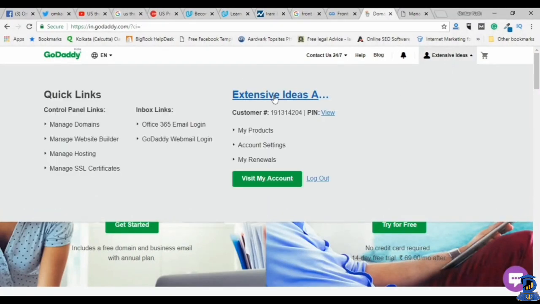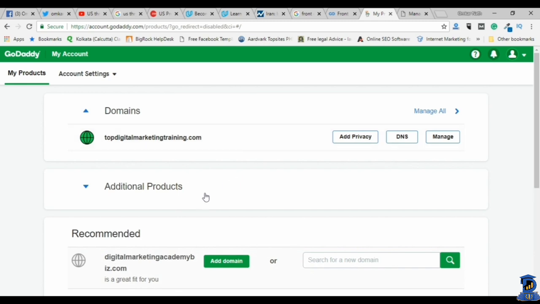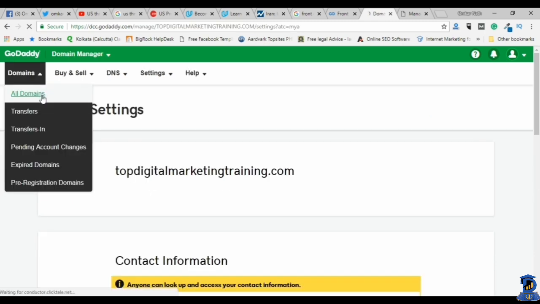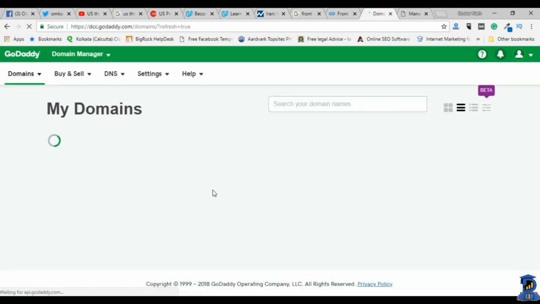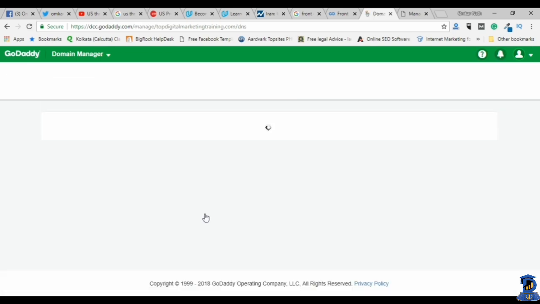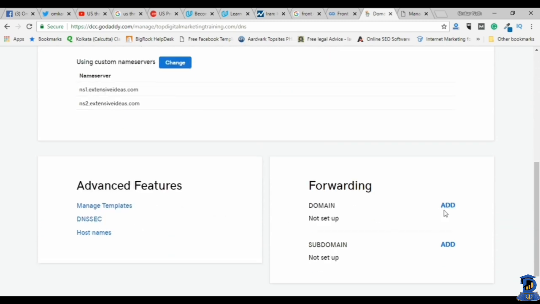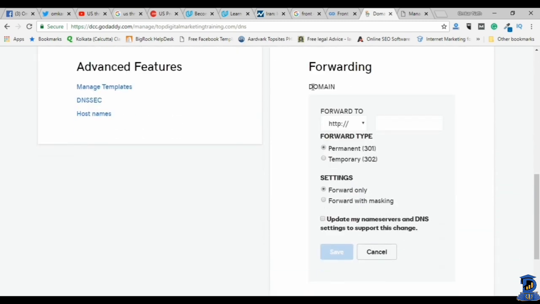Let's see how you can forward your domain or subdomain to any other website or any other URL. Here is a domain, you can see topdigitalmarketing.com, purchased inside GoDaddy. Let's go to the DNS management section this way. Inside the DNS management section, you will get the option to change name server, forward the domain to any other URL. So in the forwarding section, we will go to the